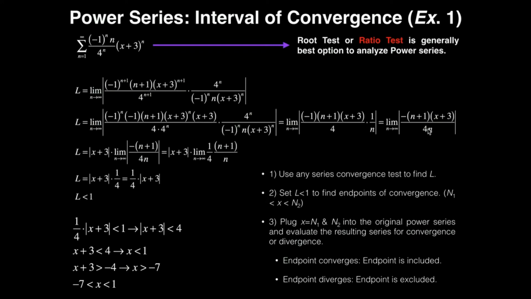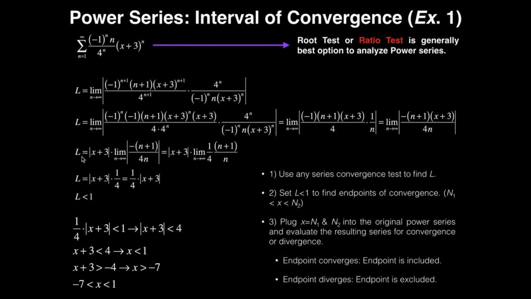Alright, so what we can actually do, because this limit is only in terms of n, if we have any term that's not in terms of n, and normally it's going to be either a constant number or in terms of x, like this x plus 3, we can actually pull those outside of the limit. And notice the only real terms we have here where we can do that are this x plus 3. So the x plus 3 we can actually pull outside of the limit,